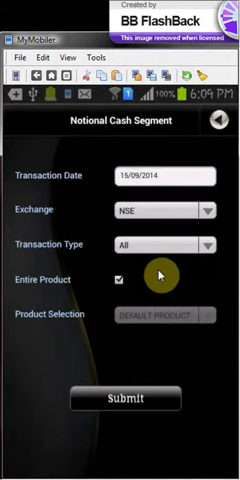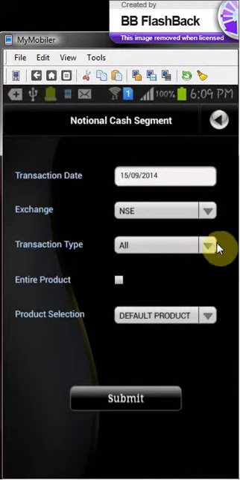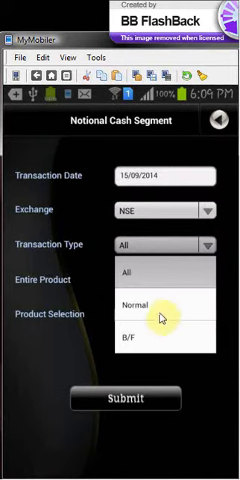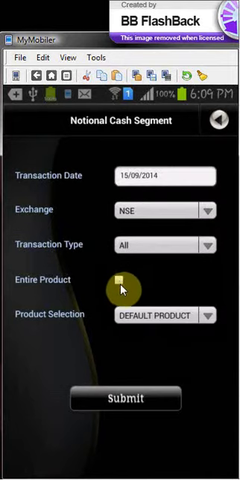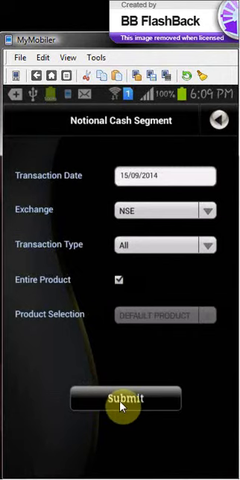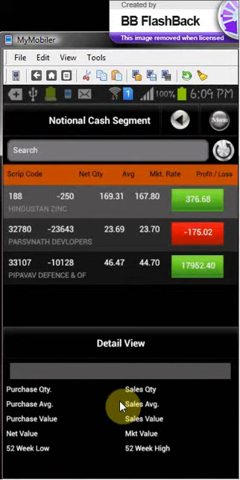After having done so, I'm choosing to select all the transaction types. You can go for normal or the brought forward balances, but I'm choosing all and I'm selecting entire product, and then I'm clicking on submit. So here you get a complete details of all the scripts that have been bought in the notional cash segment for the NSE exchange